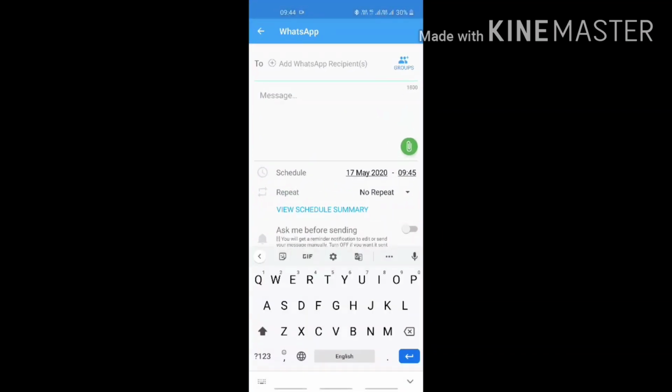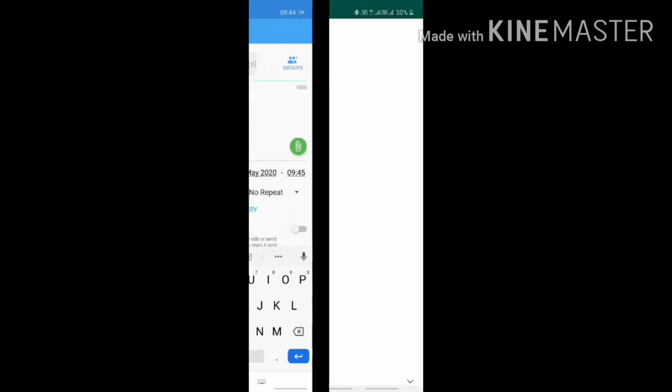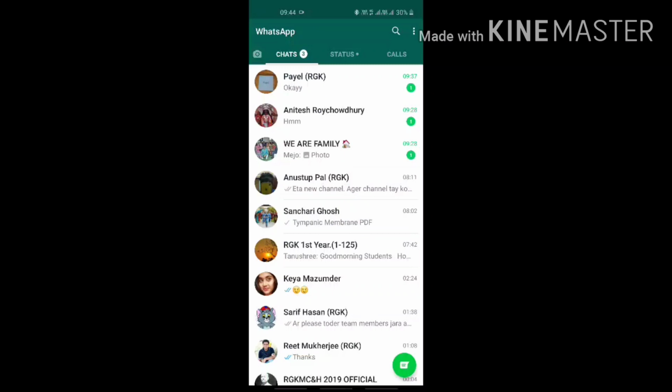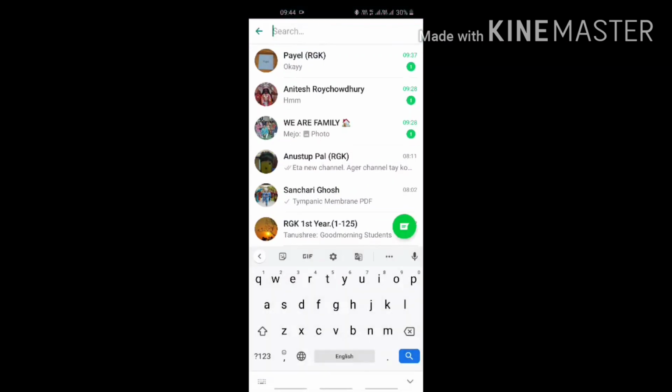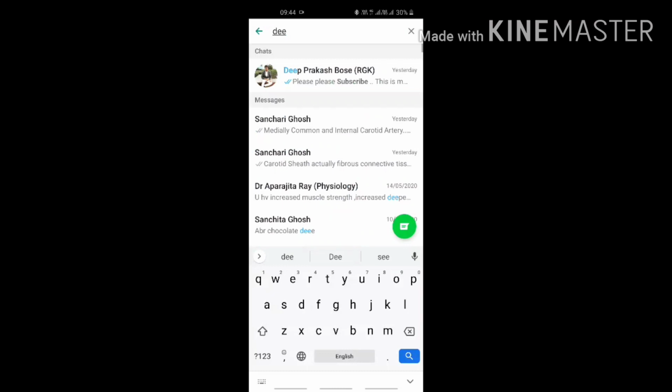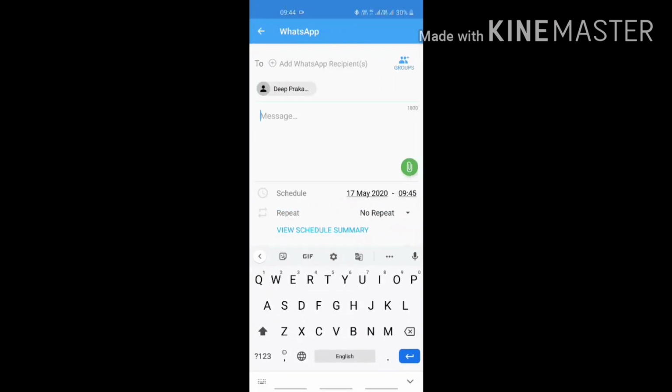Okay, then under the WhatsApp option, you can add the WhatsApp recipients you want to schedule a message for. Like I am choosing one of my friends, Deepthukar, and I am typing my message, how are you, for example.